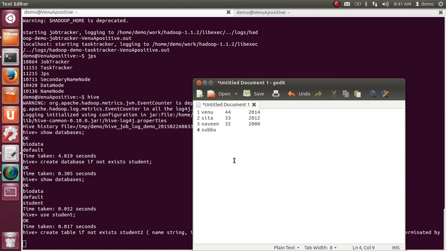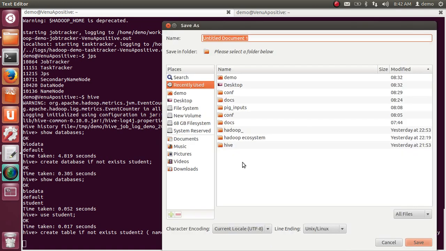Subbu, 29, 2001. Angli, 29, 2011. Ang, 27, 2010. And Jyothi is 34 and 2007.